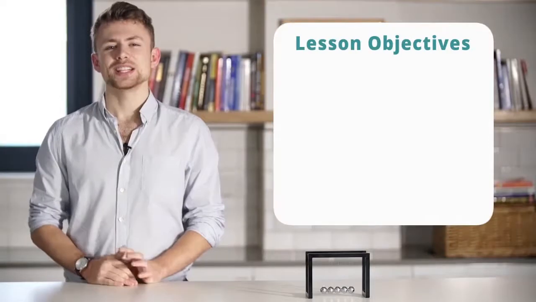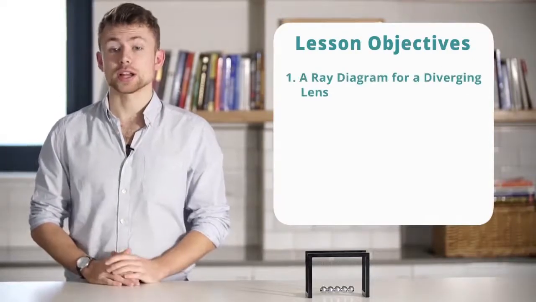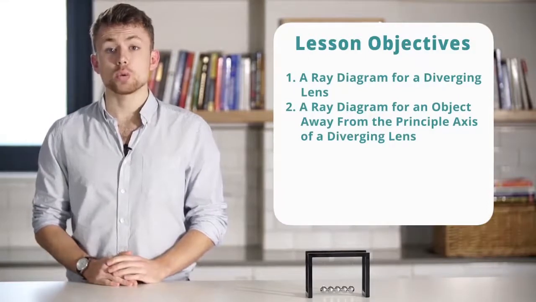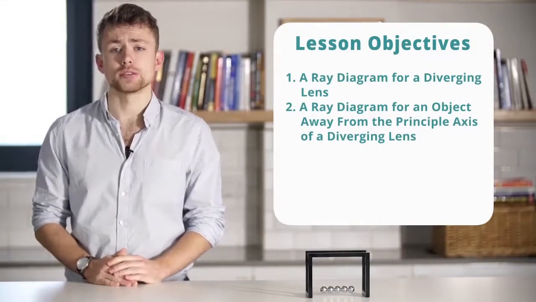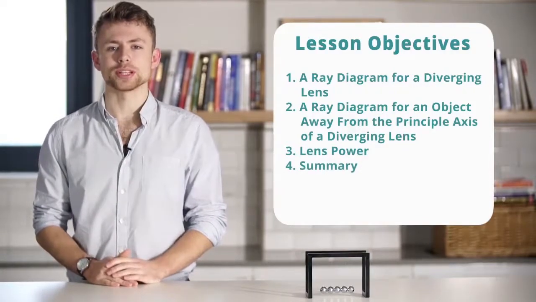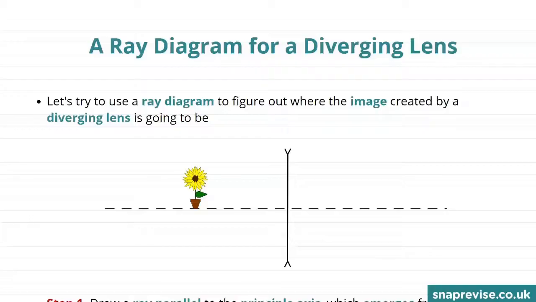Hi guys, in this video we're going to look at a ray diagram for a diverging lens, a ray diagram for an object away from the principal axis of a diverging lens. We'll talk about lens power and then finish with a summary. Let's try and use a ray diagram to figure out where the image created by a diverging lens is going